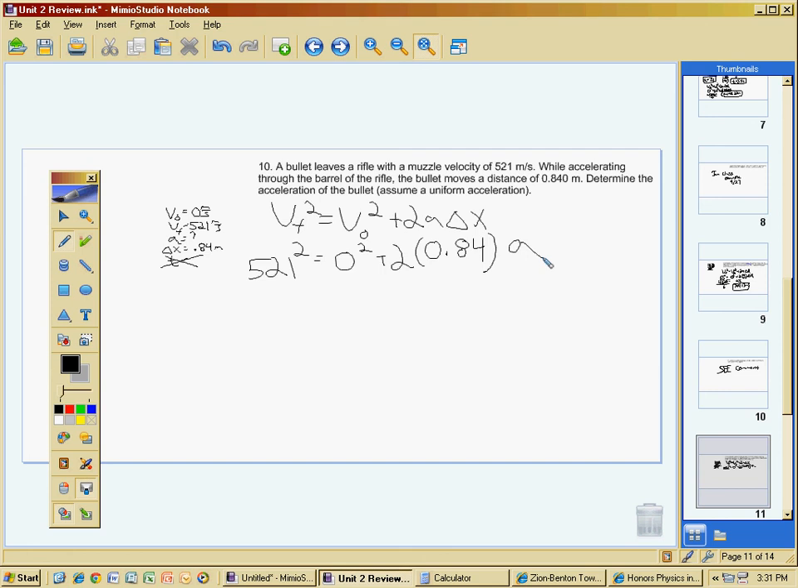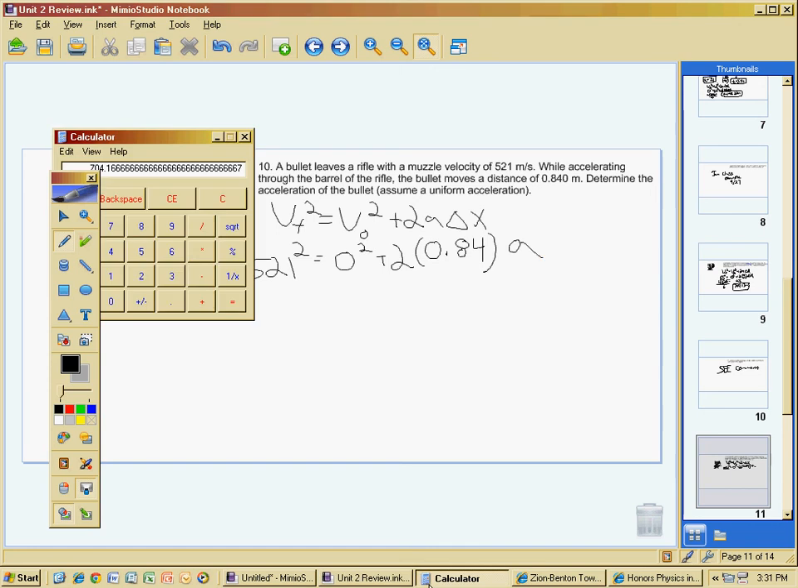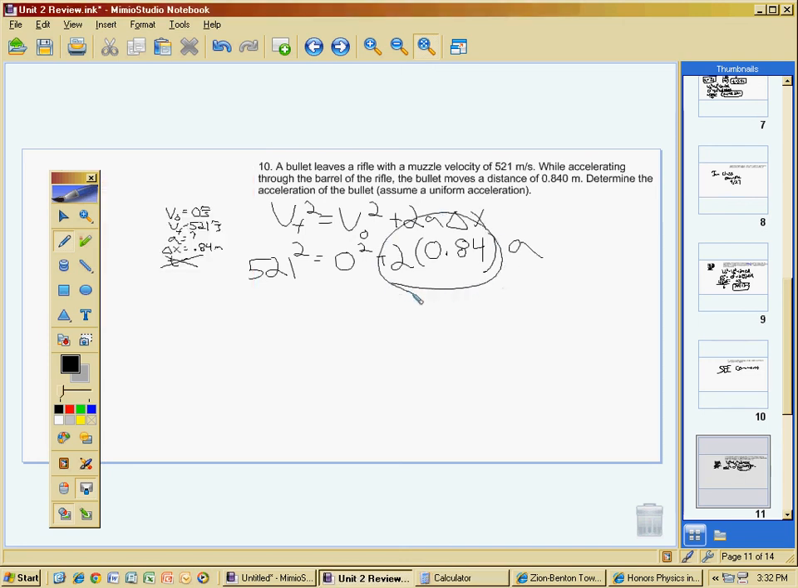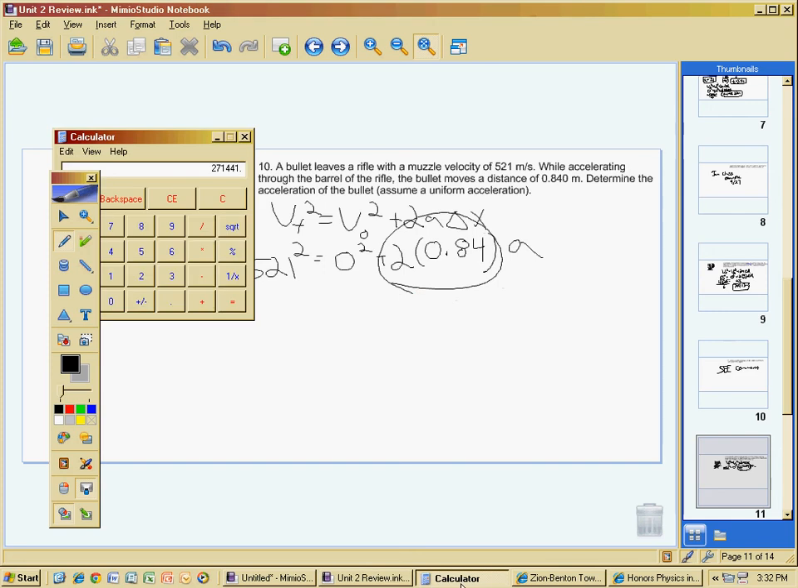All right, before we actually do the math, there should be a double check. Ask yourself if this is going to be a large number or a small number. And you should correctly realize that 521 squared is going to give us a pretty big number. So we're going to square 521, and then divide by all of this, 2 times 0.84. So we're just going to divide by 2, and then divide by 0.84, giving us an acceleration of a lot, 161,572